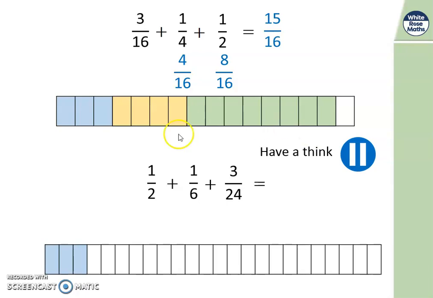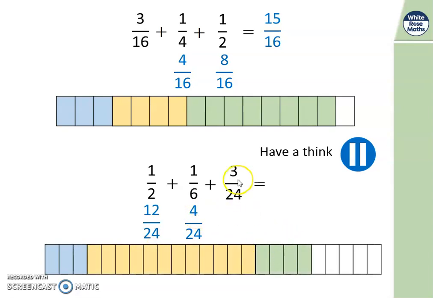Let's see how you did. So the common denominator will need to be 24ths. So to find half, you just think 24, what's half of it? And that's 12. So that's 12 24ths. 1/6. So what would I do to 6 to get to 24? I'd multiply it by 4. So I do the same to the numerator. 1 times 4, and that's 4. 4 24ths. I now have 12 24ths, which I'm going to add on here, like that, and 4 more 24ths,